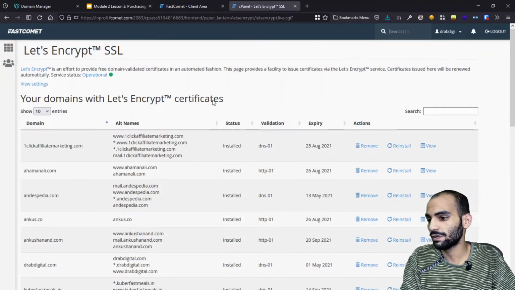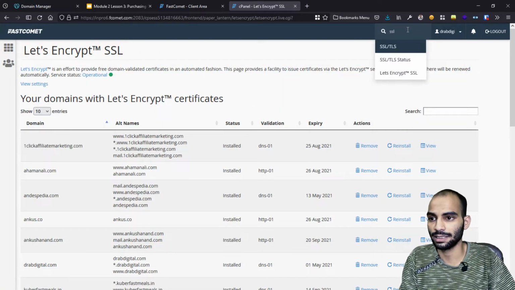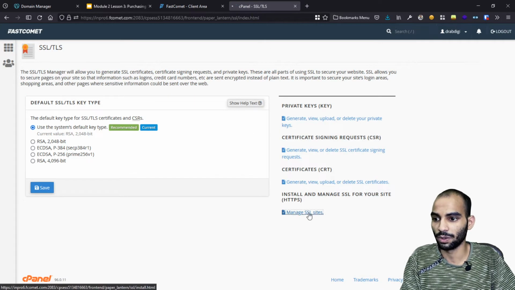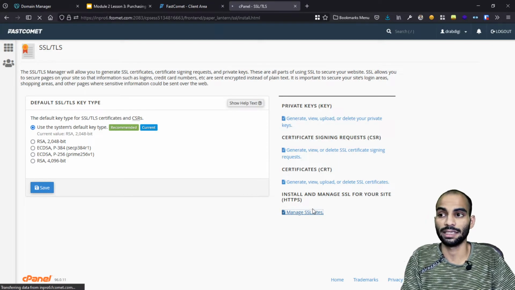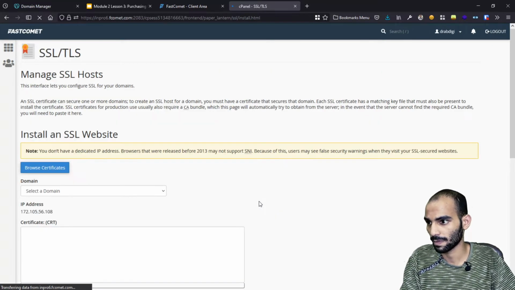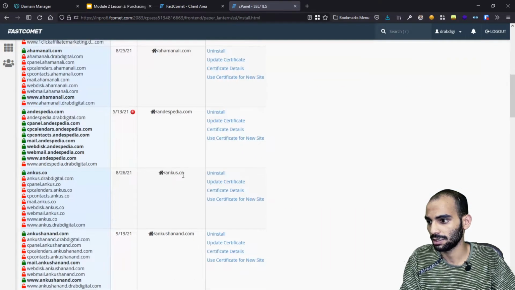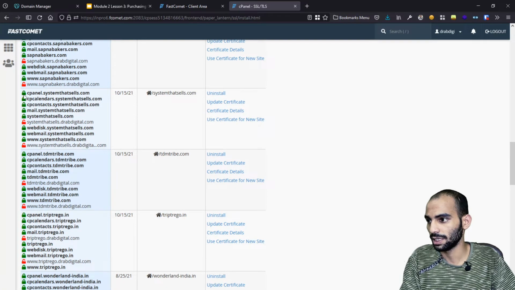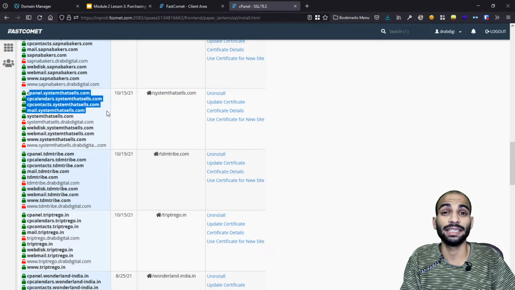So now if I go to the SSL section here, the normal SSL tab, and go to manage SSL sites, I will be able to find that my SSL certificate is installed. So let's see. Here I have a bunch of domains, and you can see that we have system.sells.com.